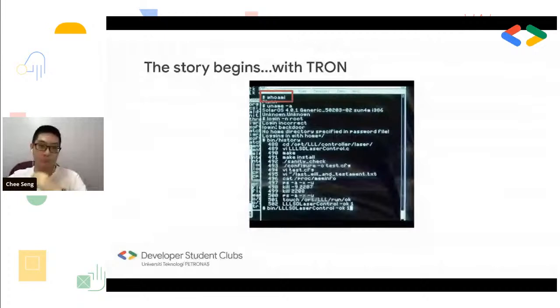Of course, if you try this on the Windows command line, and also if you're a Mac user, in the terminal, you will actually see a result that tells you who you are, because it's literally asking who am I, and the computer tells you back your username, which in my case is Chee Seng.